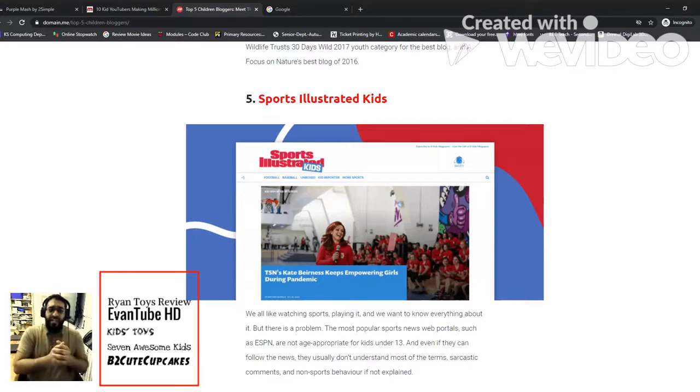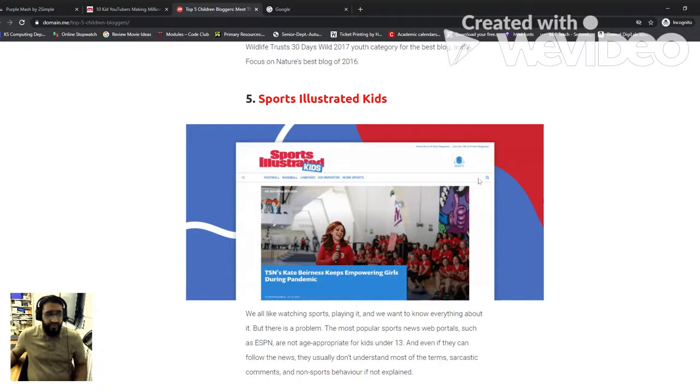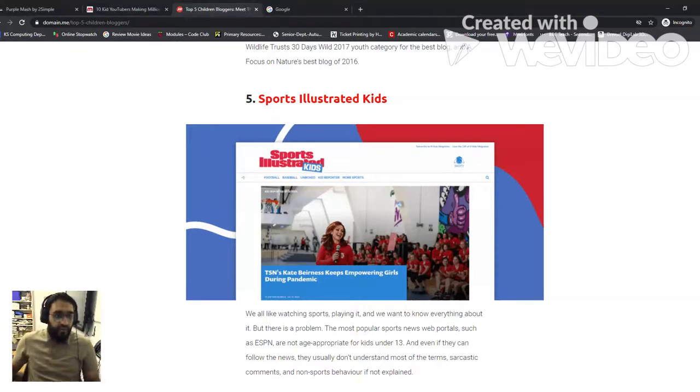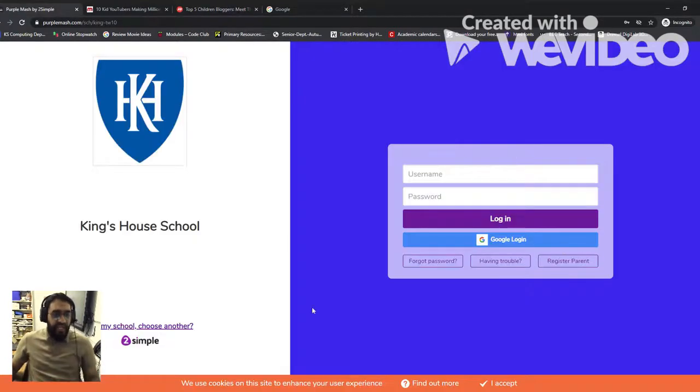But anyway, let's go back to the blog which you guys are going to create. So you're going to use the link that I've given you to log on to Purple Mash. And once you are on that link that I've sent you, it will look something like this. So you're going to enter your username. Now your username will be the same username you use for Google Classroom. However, it will be without the